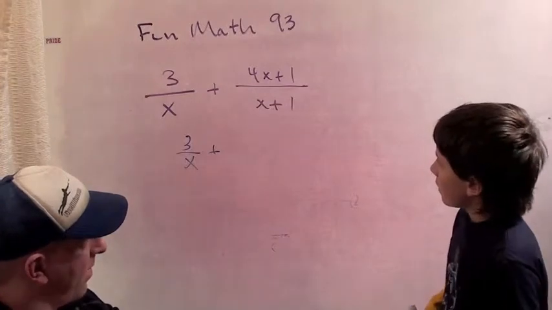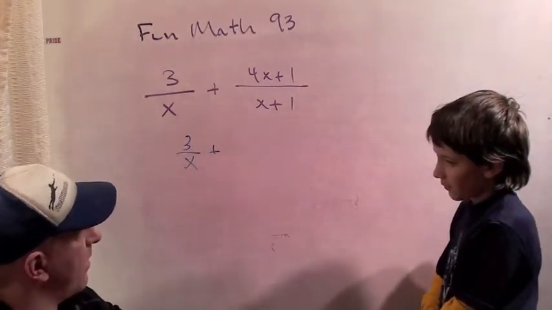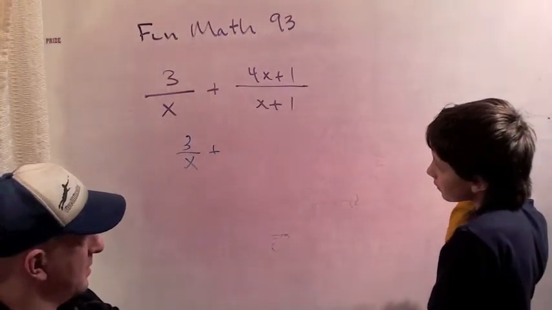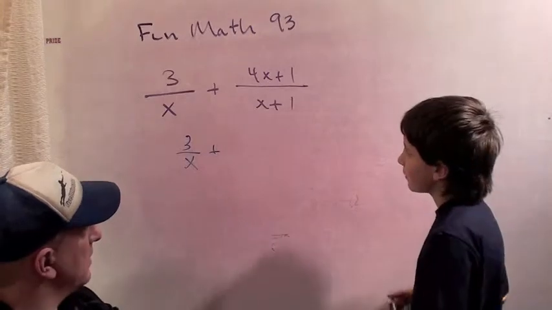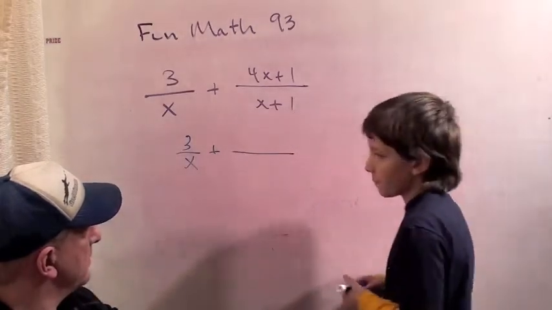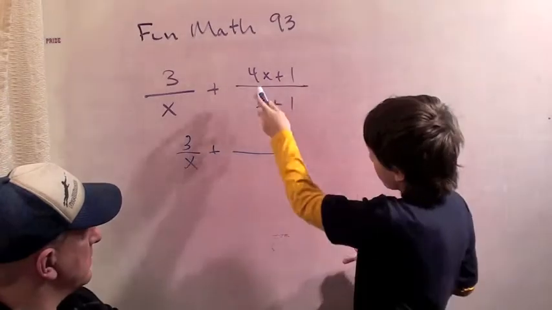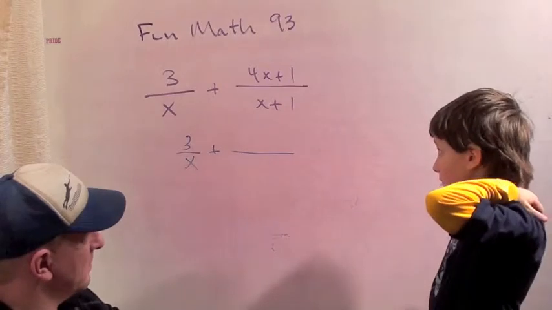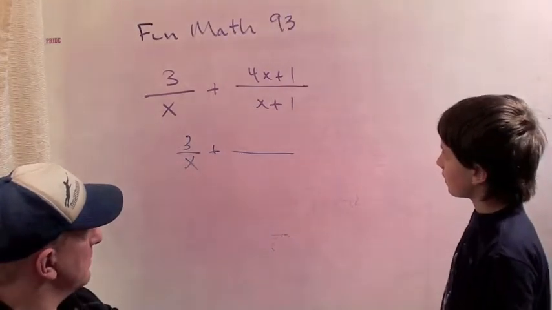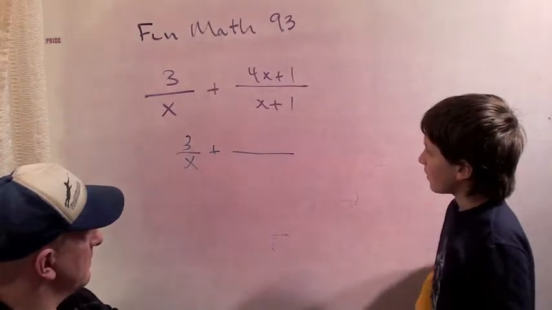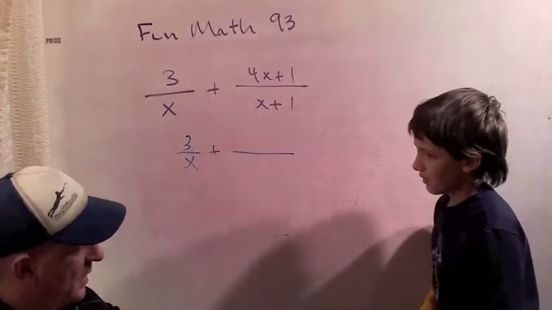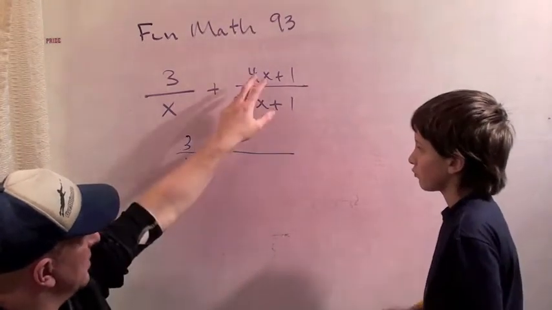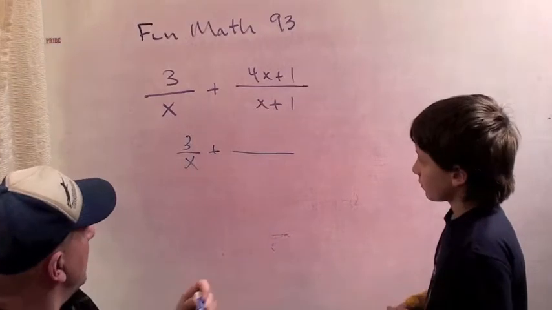Actually, what could we factor out of that? What do you think? It's 4x plus 1 over x plus 1. We can't factor anything out of it. Definitely not an x plus 1, because 4x plus 1 is not the same as